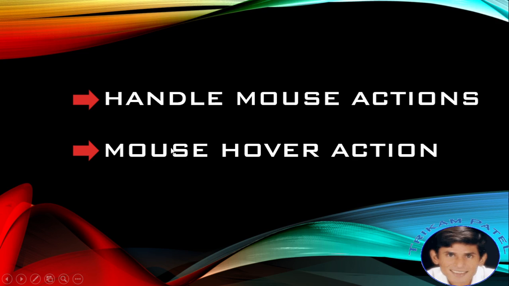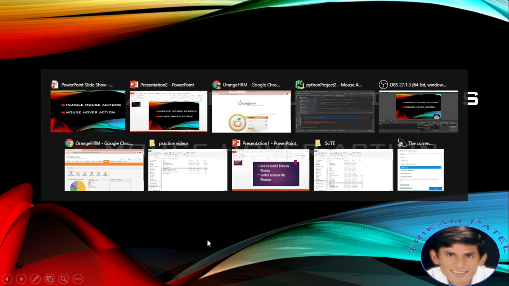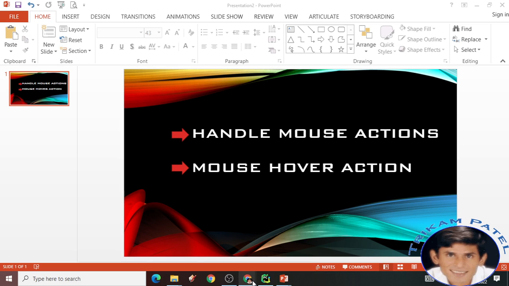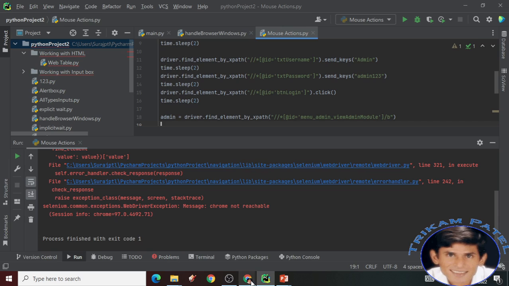Sir, in this particular section, I have learned handle mouse actions and the mouse hover action. Hover action means, after moving the mouse over an element, what effects will come. So this is the example I have shown,